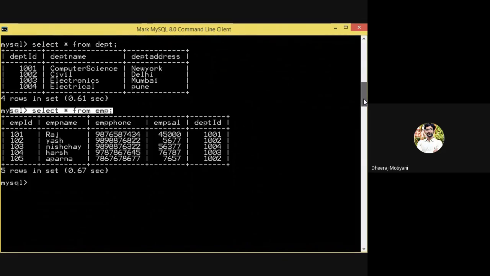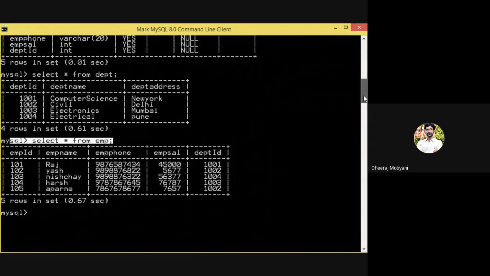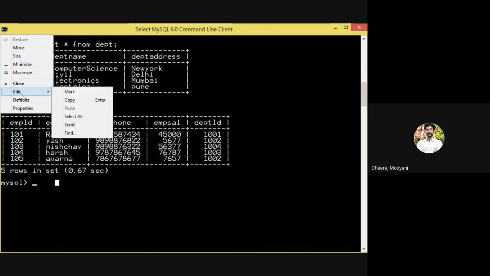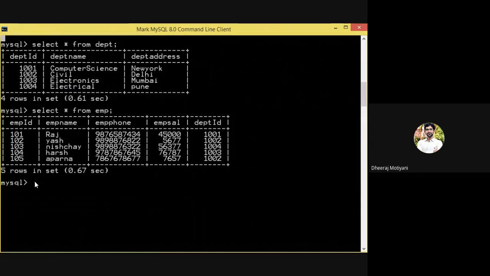Now after this selection of employees and departments, I can execute queries. We can execute the query. I want to select all the employees whose employee ID is greater than 103.